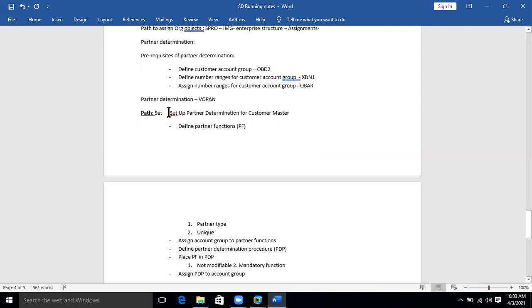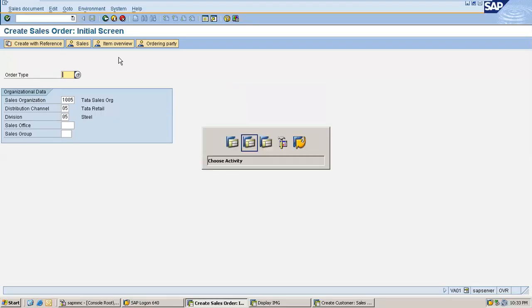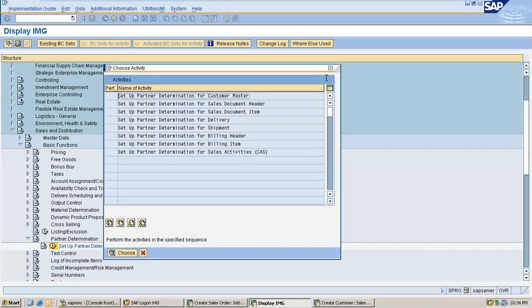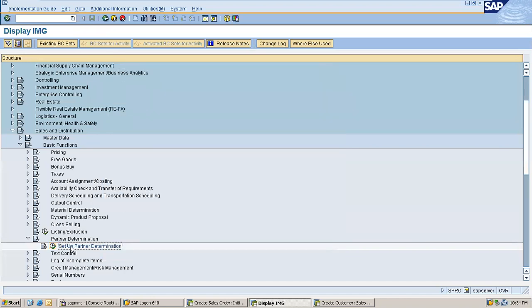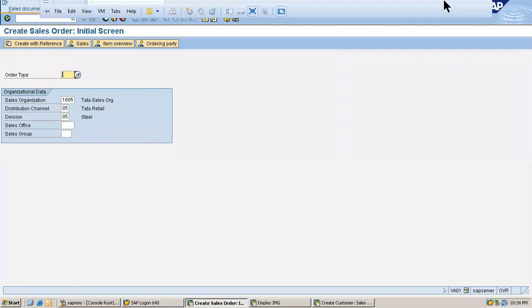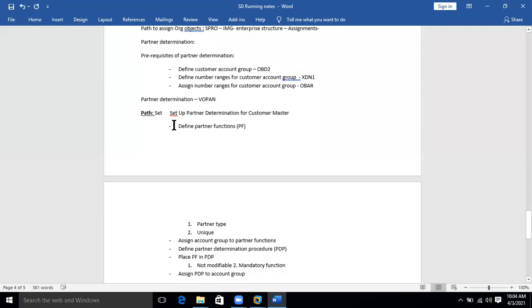Now, okay, so set up partner determination. I'll try to copy this. No, I cannot copy. I'll just write it. So better to